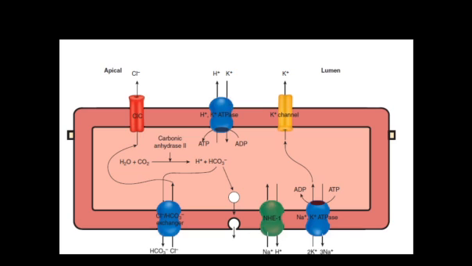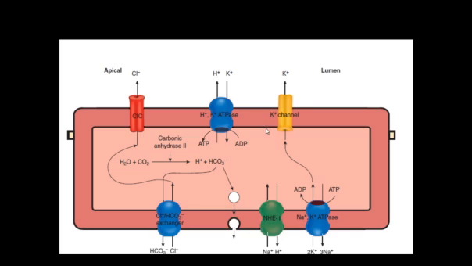Okay, now whatever remaining bicarbonate ion is there, it is pumped out into the interstitium. Now this bicarbonate, which is pumped out into the interstitium, generally is pushed out in exchange of chloride ion. Now this chloride ion, which enters the parietal cell, is directly pumped into the apical region, particularly into the canaliculi, where it joins with H plus ion to form hydrochloric acid. Now this chloride ion is pumped into the lumen of the stomach.